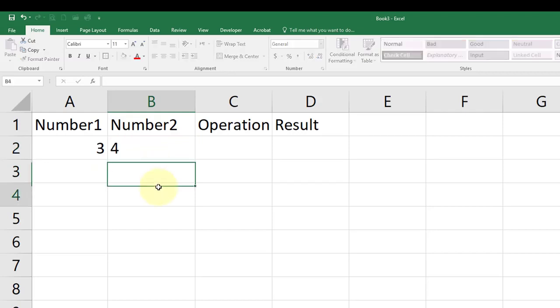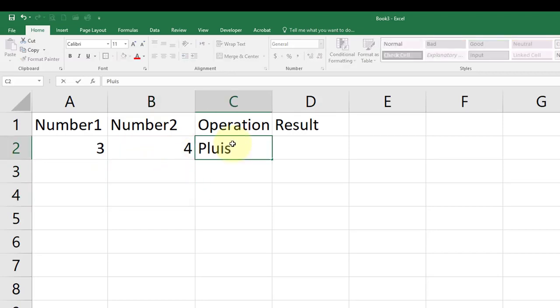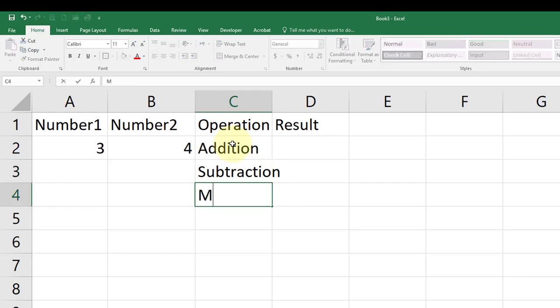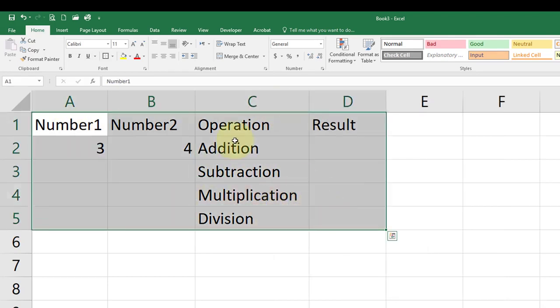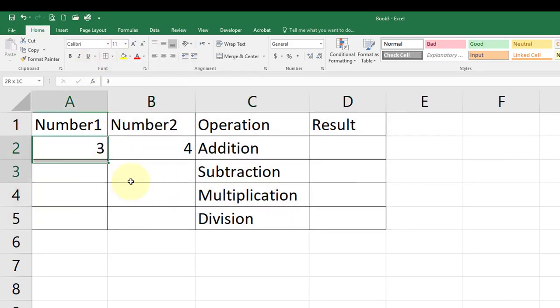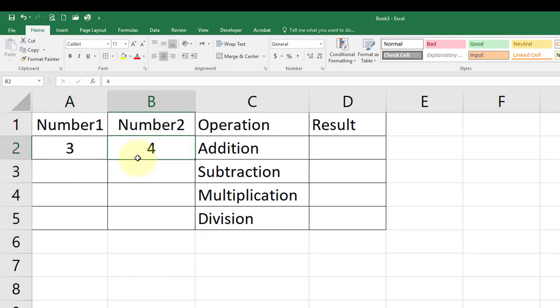We have here number 1, here we have number 2, and here we have the operation. Okay, now we have two numbers 3 and 4. We want to add these two numbers.